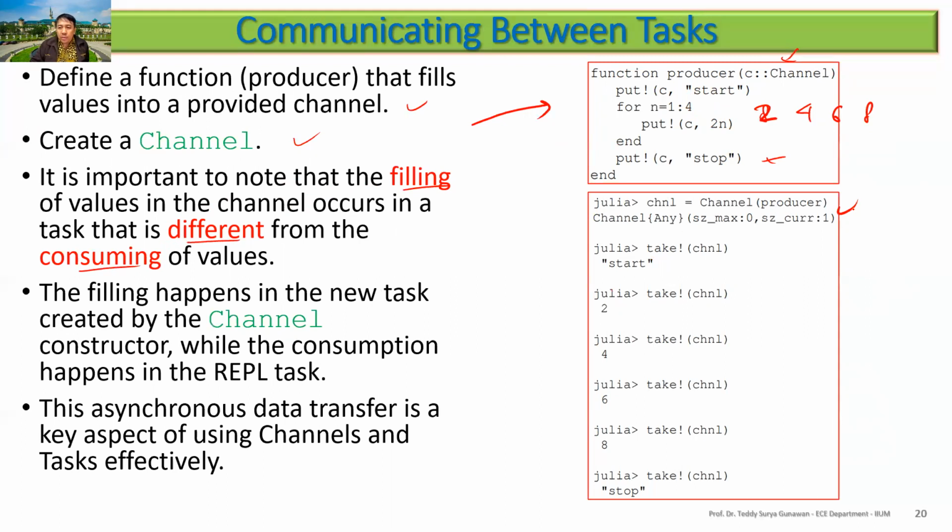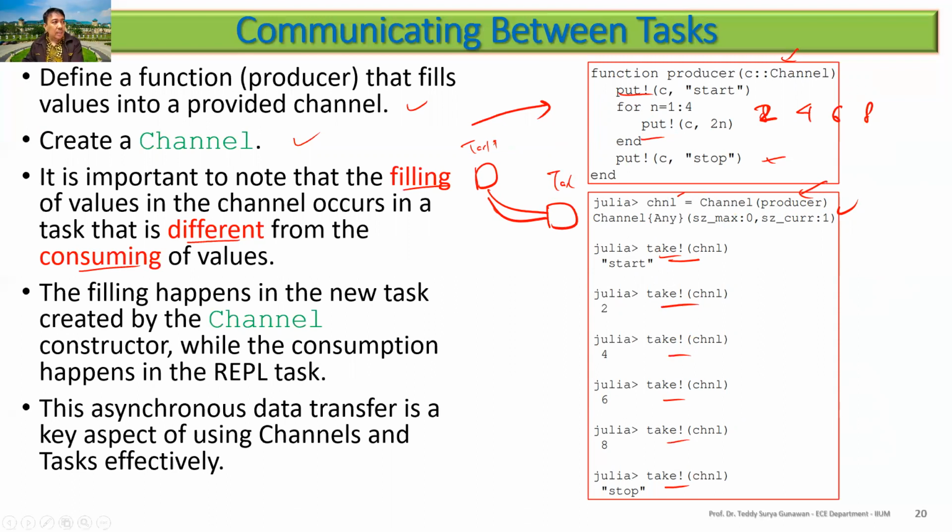So this is channel 1, and you have the producer here. Then you have put on one task, putting into the channel, onto the pipe. That is task 1. And another one that takes here is another task. So take channel 1, take channel 1, this is another task. If you put another take, then it will give you an error.